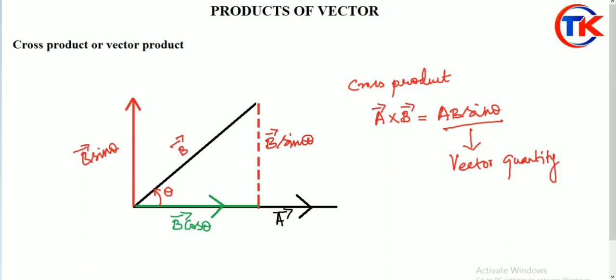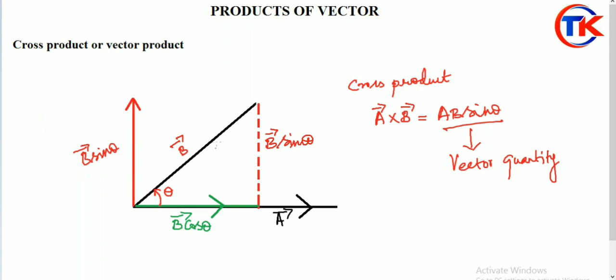Clear? Now we are going to deal with the vector product or cross product. In the scalar product that we studied, the direction of the resultant is along the direction of the two vectors, right? There is another situation where the resultant will be perpendicular to the other vectors. We already saw the importance of direction when we apply force on the lid of a bottle to open and close it. Now we are going to see one more example. Before that, we have to study it in a mathematical form, right?